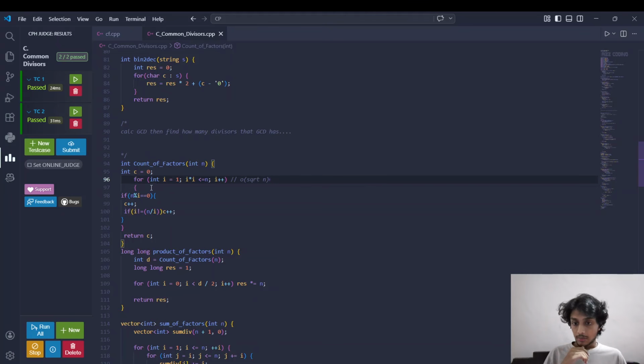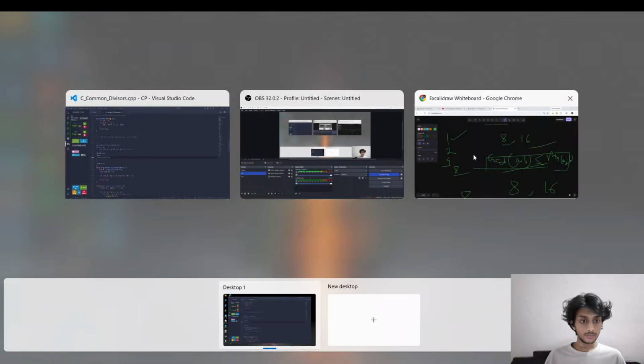And what happens here: I have an initial counter c, which is 0 initially, and we are checking all i from 1 to square root of n. We check if n is divisible by that number i, then count plus plus, and if i not equals to n by i, that means, as we know, like